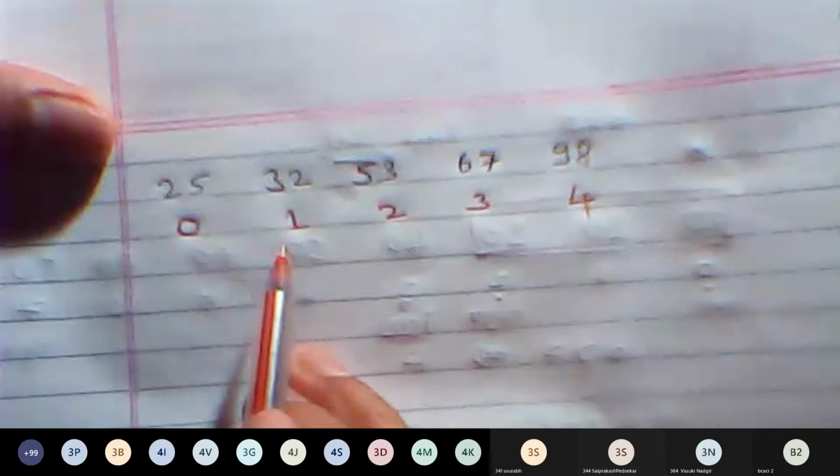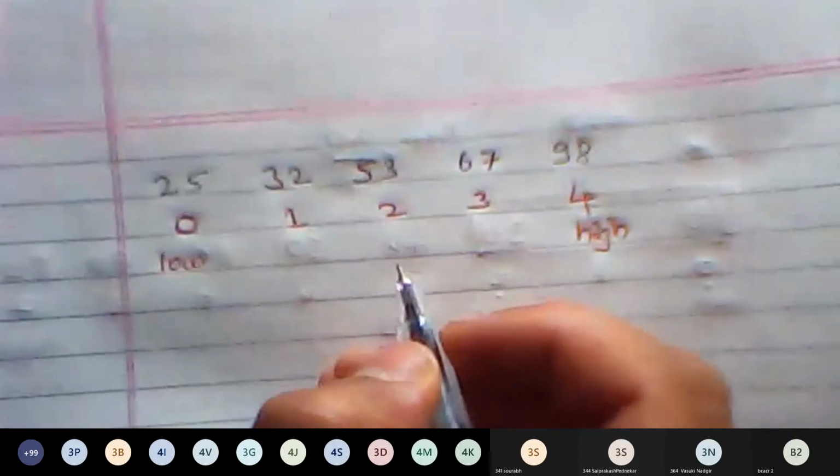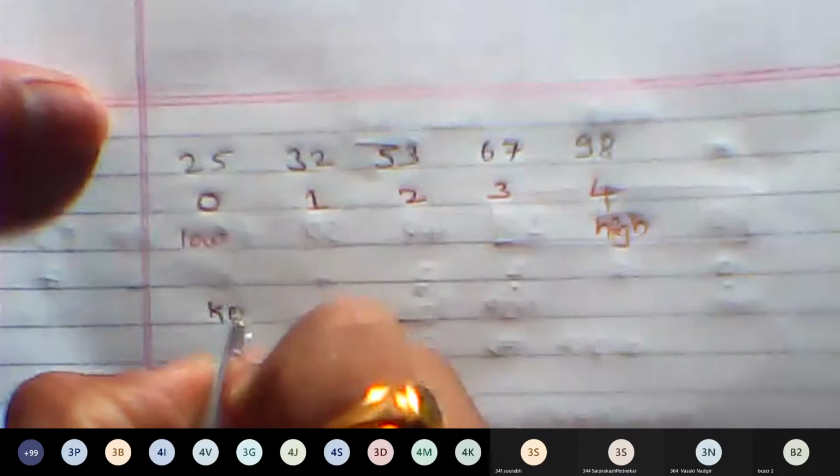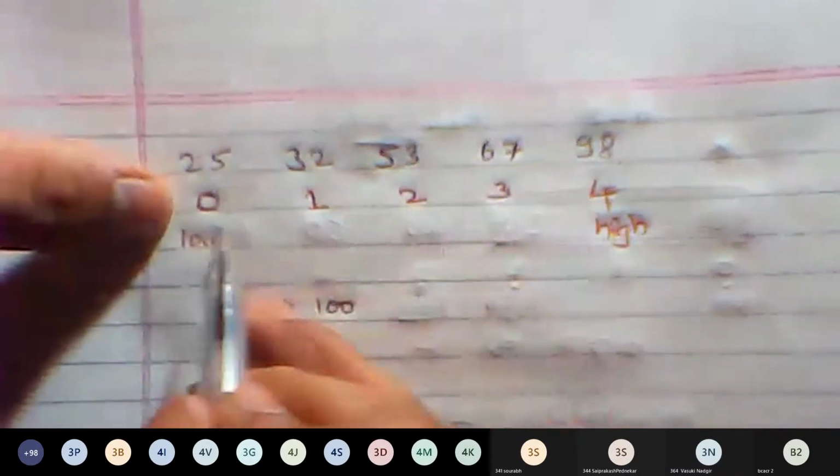Students, is the red pen visible for you? Yes, sir. Okay, fine. So this is our low value. This is our high value. Right now, since we are trying to focus upon unsuccessful search, can you tell me the key element? So 100. Now we have the key element, we have the array, we know the low and high at the first time. Now, as per the algorithm, what is the first check?